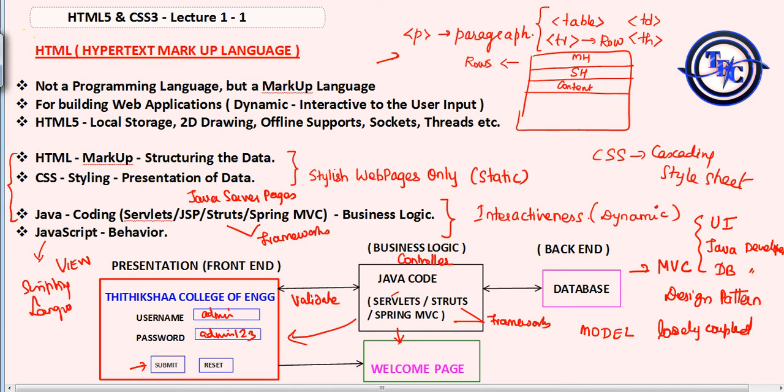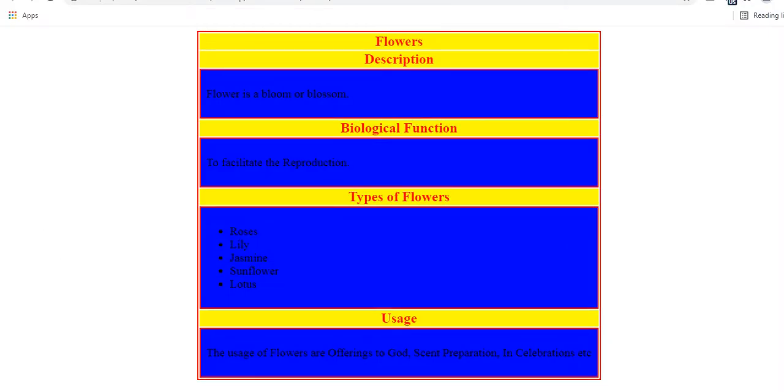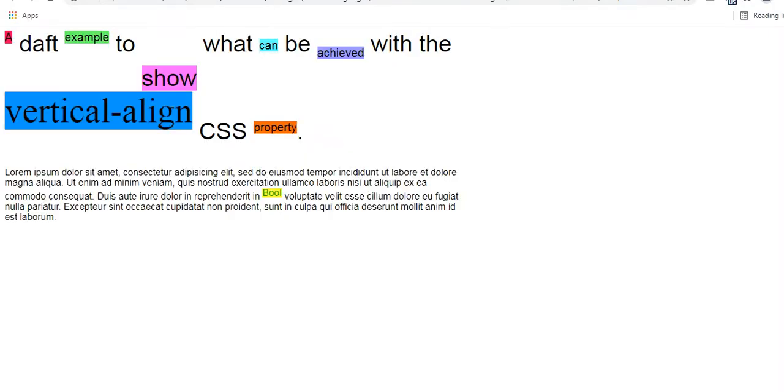You can do some behaviors with it. I'll show you what behaviors you can do. We'll see some examples, because if I show the example, you will understand better. See here, I told you the text can be arranged like this, and you can give a background color for this text like this.